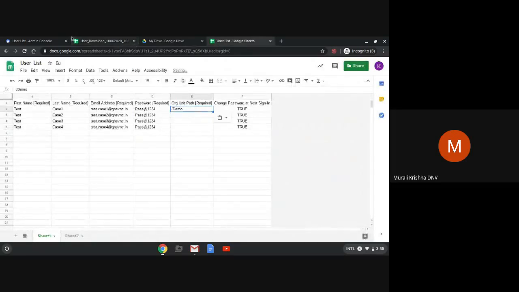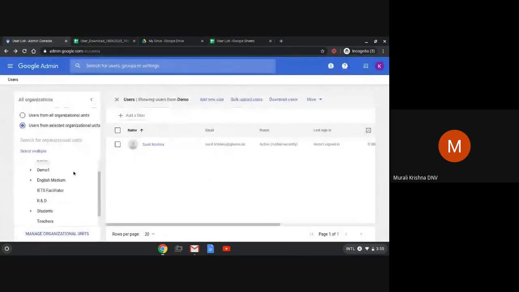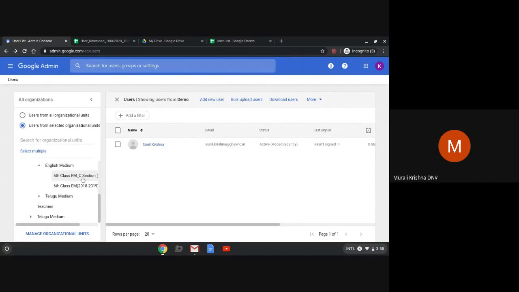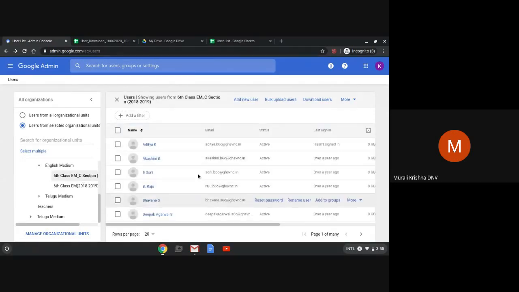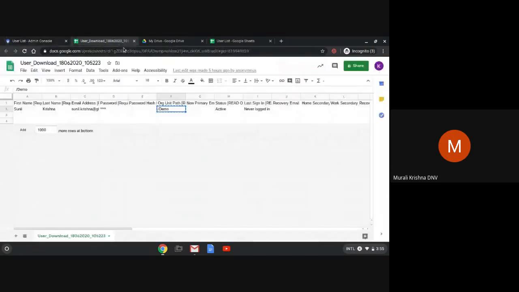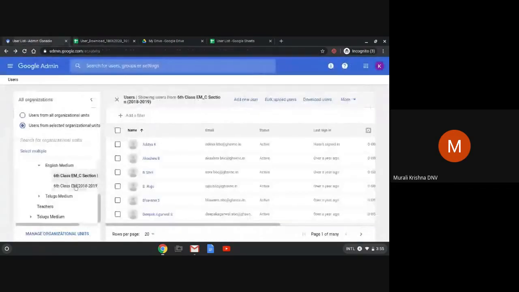In case you want to create users under students, under English medium, under sixth class, you have to create one person under this section and download the information, and you can see the organization path. The organization path is case sensitive, so better create a user under that OU, download the information, and you can see the path information here.